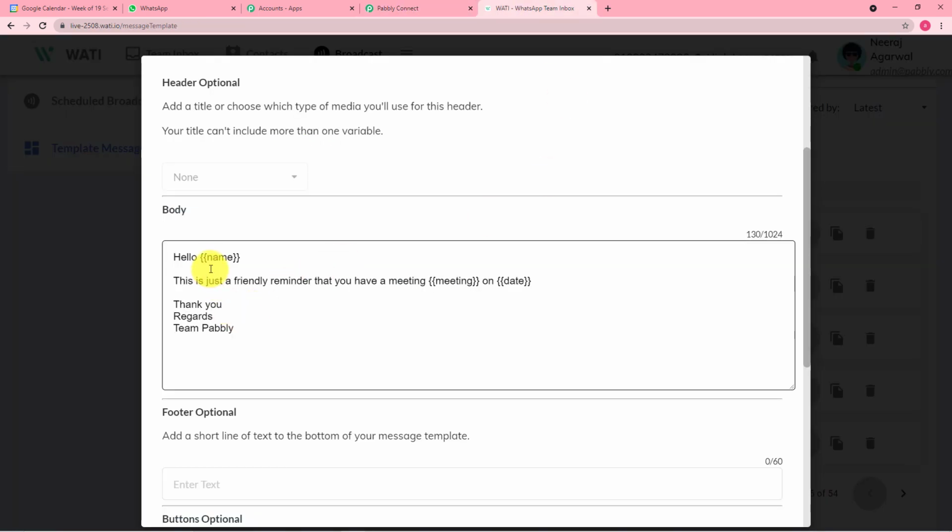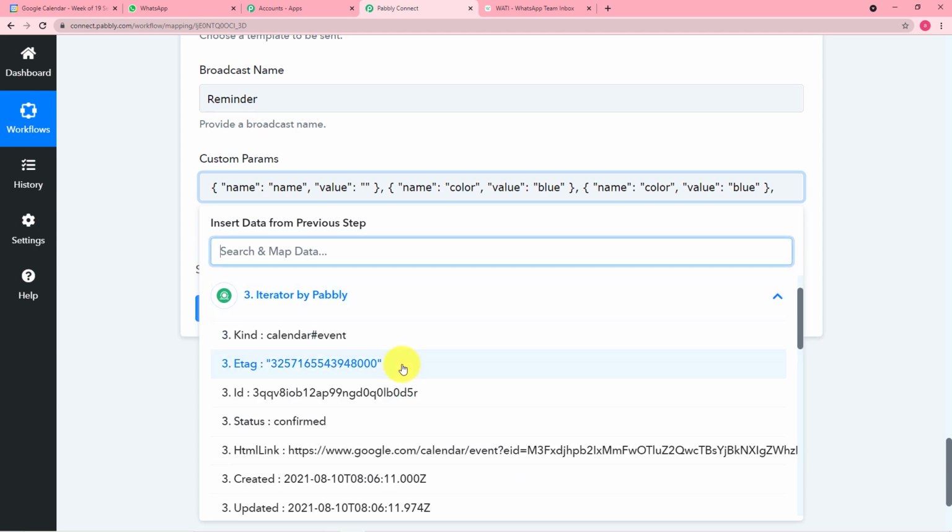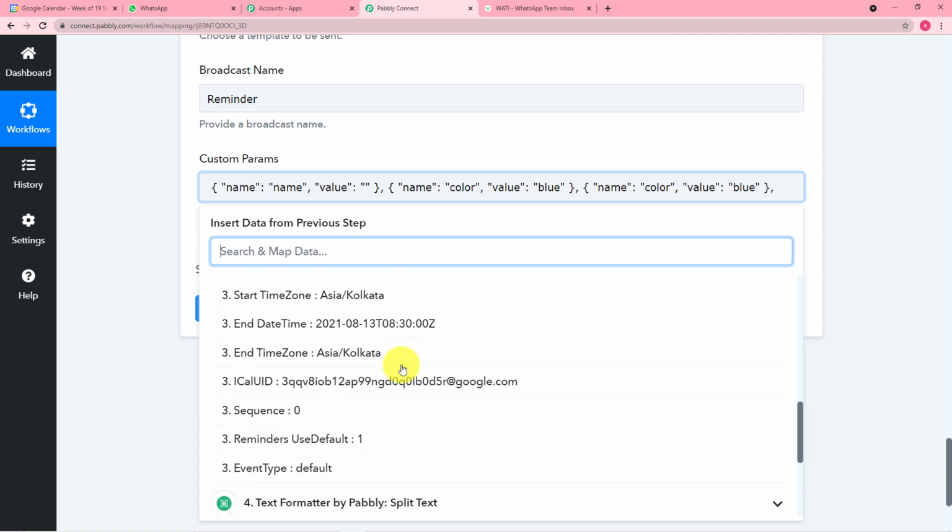So let's see the name of our parameter. First parameter is the name parameter only. So copy this from here, paste it here, and then map the value of this name. So you can find the value of this name if we have the data of the person whom we want